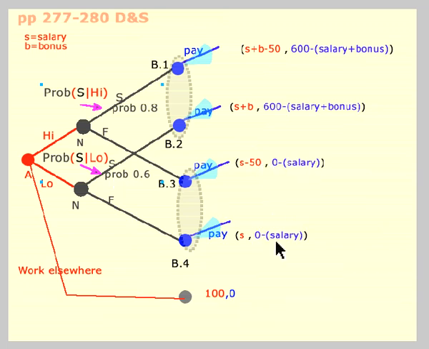Okay. So here, from the employer's standpoint, they're bearing a lot of risk, right? They've got high revenues if the thing succeeds, but no revenues if it fails. And meanwhile, if it fails, they don't have to pay your bonus, but they do have to pay your salary. Okay, so this is a game of this kind of imperfect information. There's uncertainty, and there's asymmetry as well, because the employee knows whether they're going to work hard or not, but the employer can't see it. So that captures all of the basic features of these games of asymmetric information.